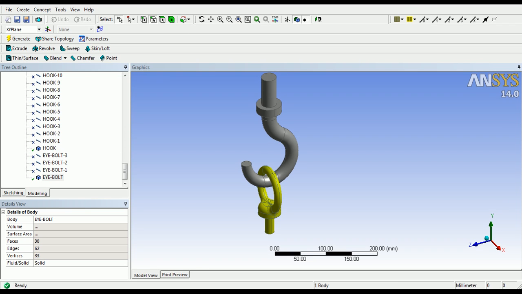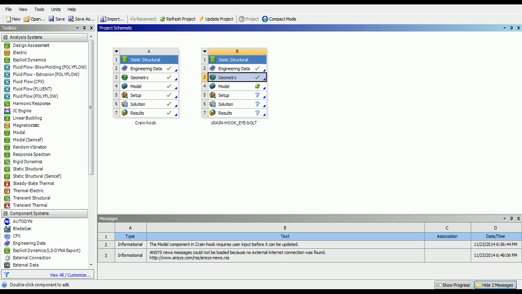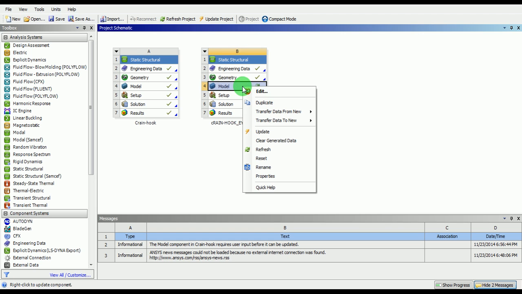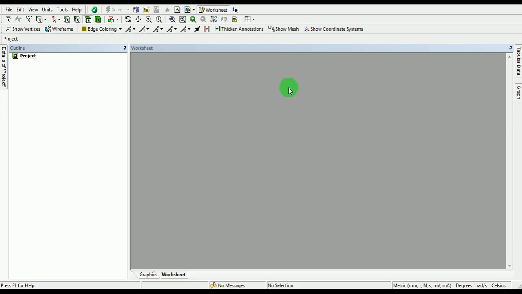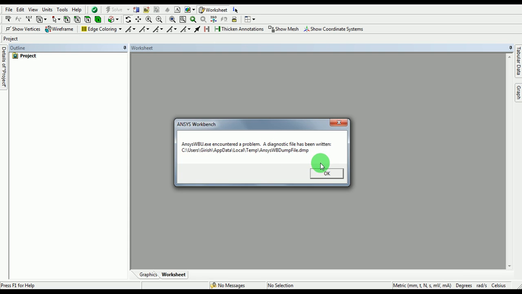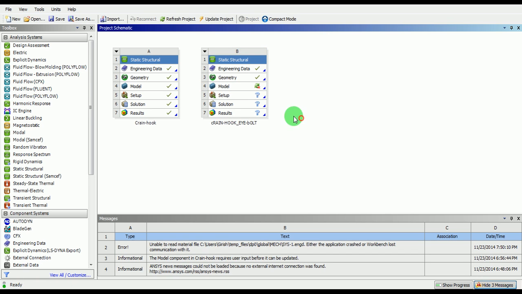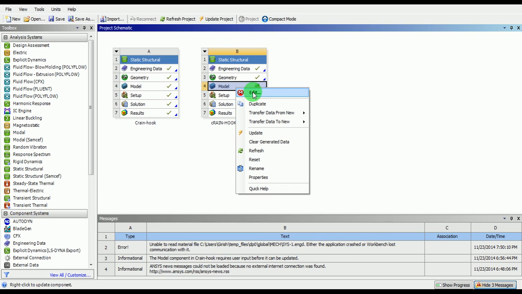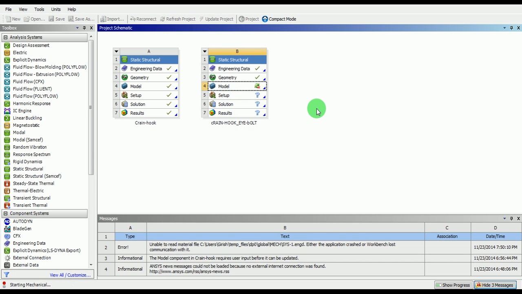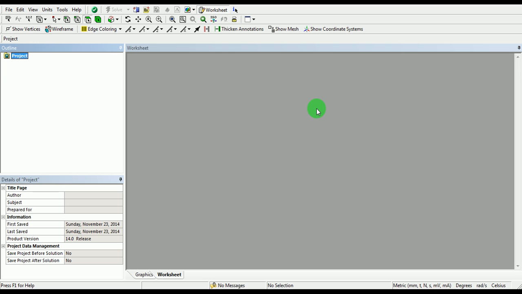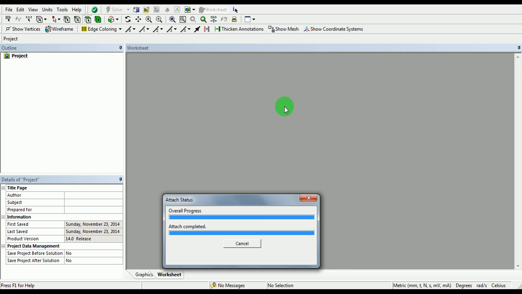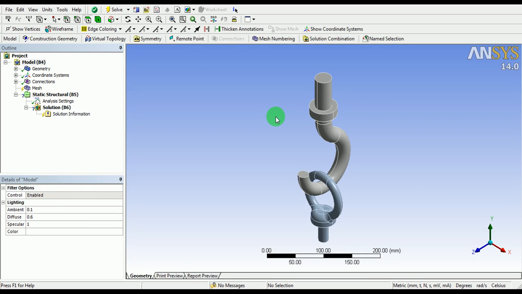Now enter into the project page. Right click on the model, pick on edit. Now you can observe that the geometry has been imported.